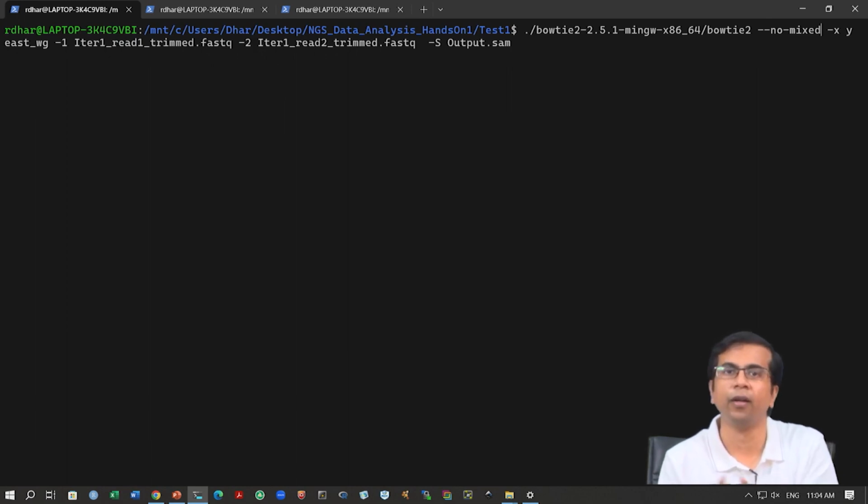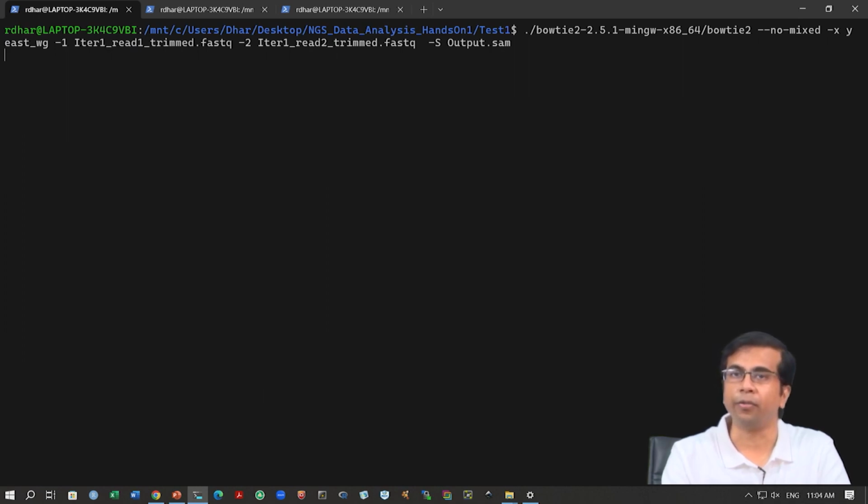As you have seen now in Linux, we run a program or a command in the terminal. Every time we do that, if we want to give some options, we have to give them after the command. So, this is what we are doing. We can just give this minus minus no mixed and press enter to run,